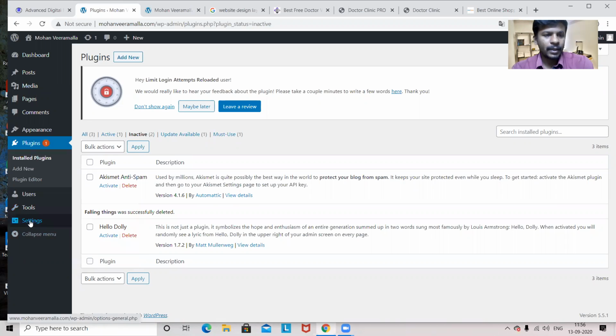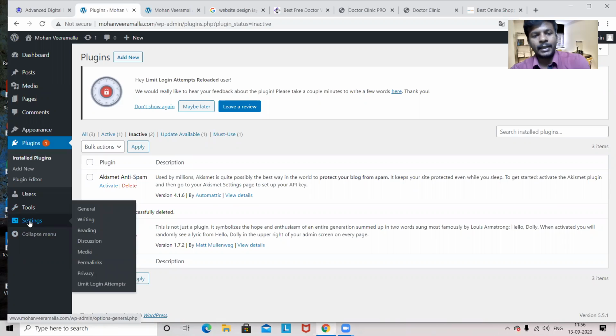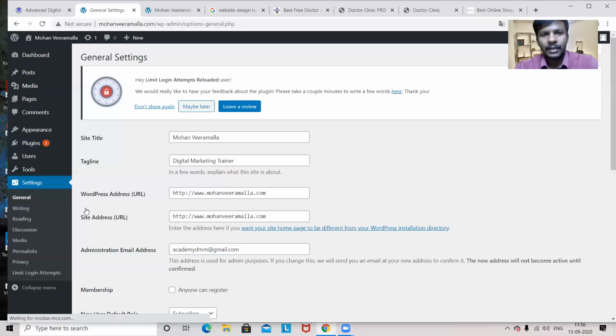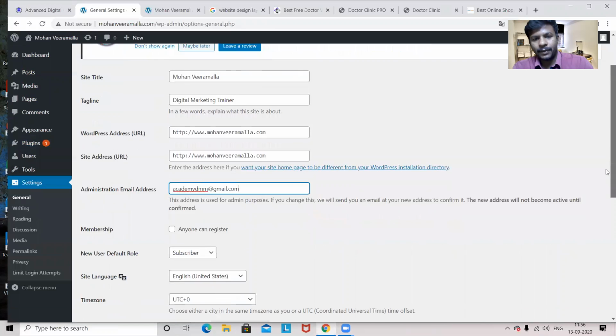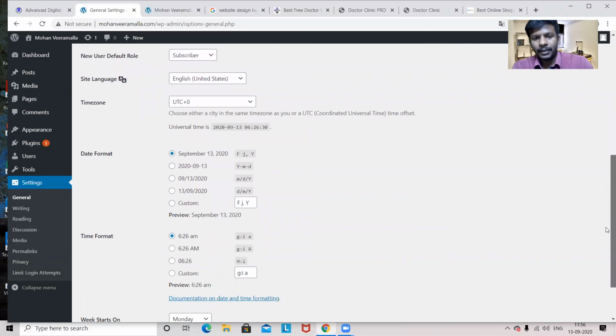Okay, and here I have something called settings. In settings, I have lots of things again: general, writing, reading, discussion, media, permalinks, lots of things are there. If I go to this general, in the first session we installed WordPress. What we gave when we installed WordPress, the site title, tagline, and did you notice I gave an email ID also. So whatever we did in the first session, it will show here.